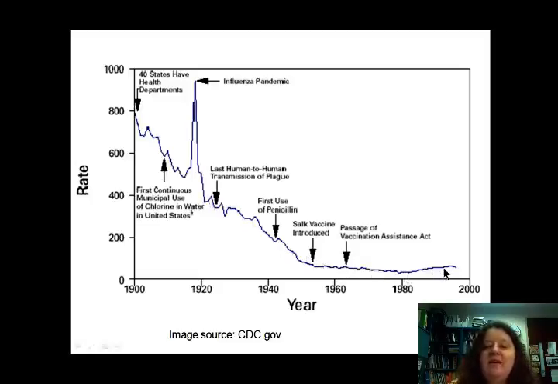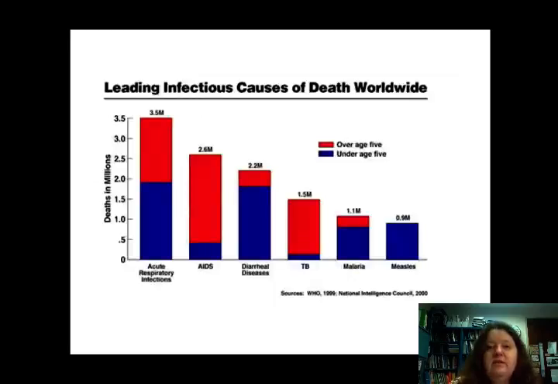But now here, ooh, what's happening down here, right? We see this little uptick because it's not over yet, right? We're seeing antibiotic-resistant organisms. We're seeing new viruses that we have to deal with. But still, if you live in the United States, in terms of infectious disease, you're much safer here than you would be in other parts of the world.